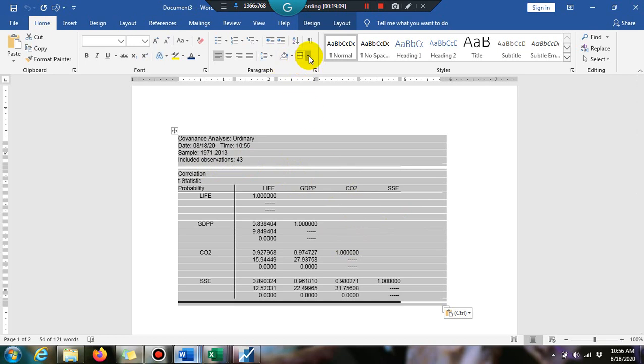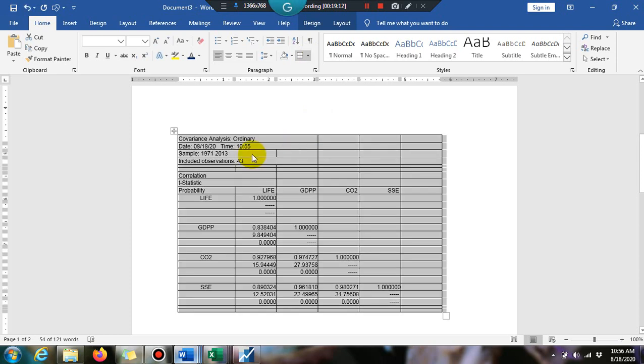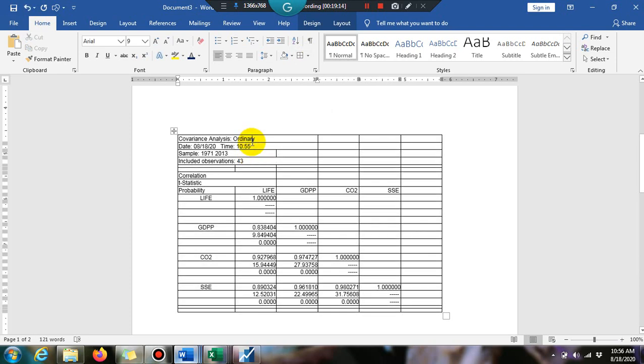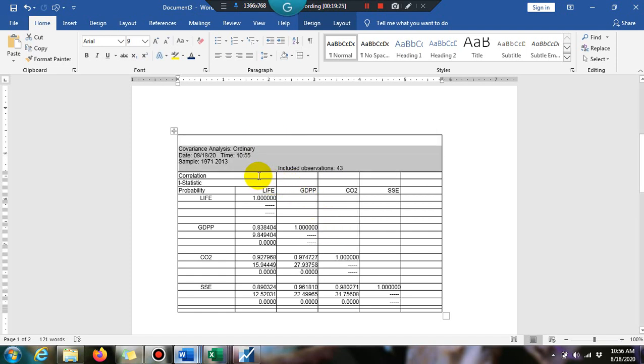We have to select borders, all borders. There are a number of unnecessary things here, so you have to merge these columns or delete these extra columns from your table, so your table will look good.